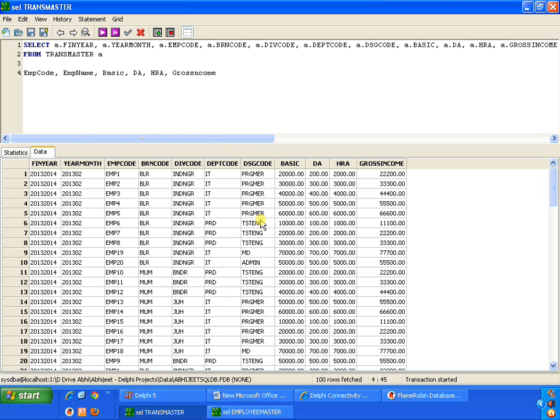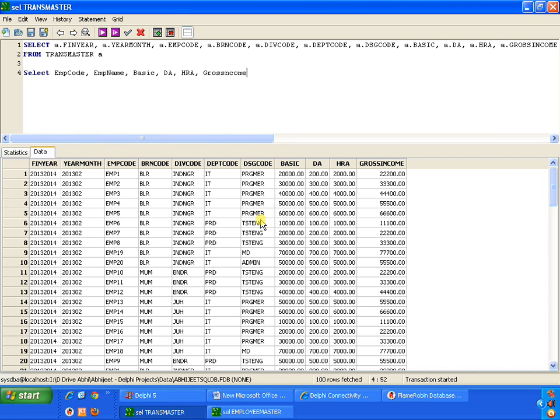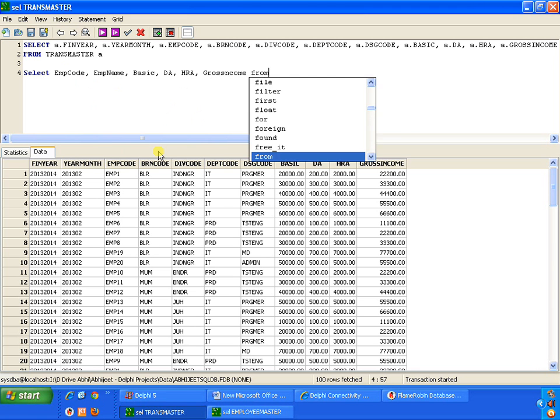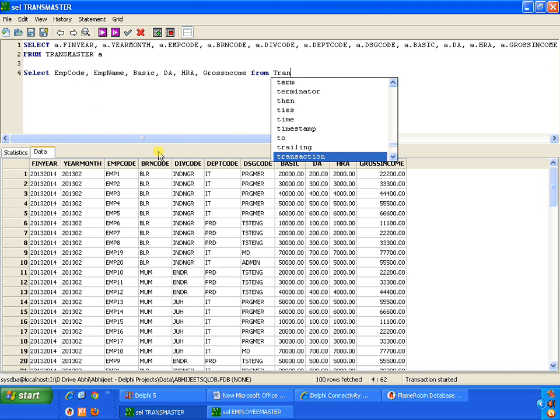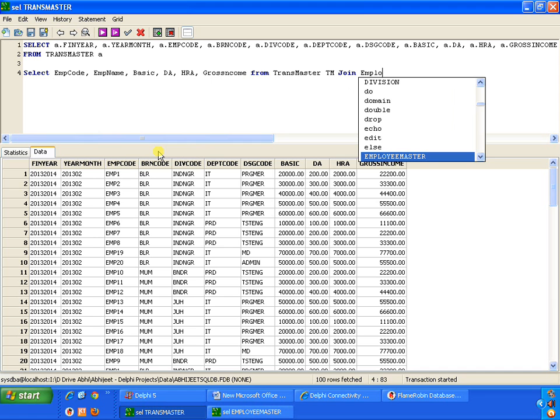Okay, now let's write the query. Select. EMP code and EMP name: EMP code is a column in both the tables. So what we are going to do here is from trans master, we will give the alias TM. Join employee master EM